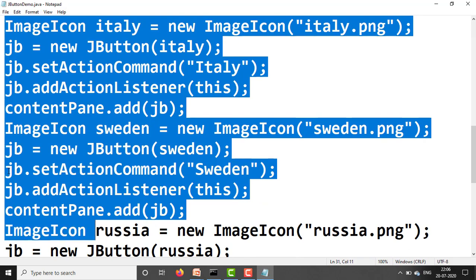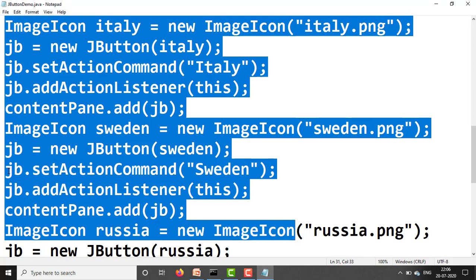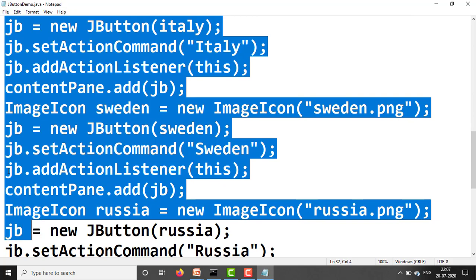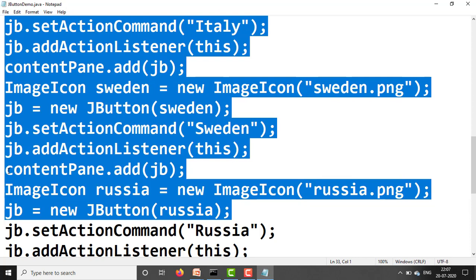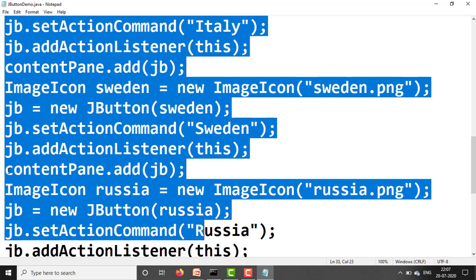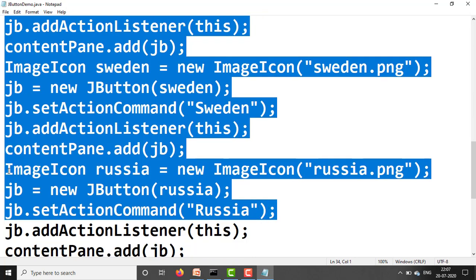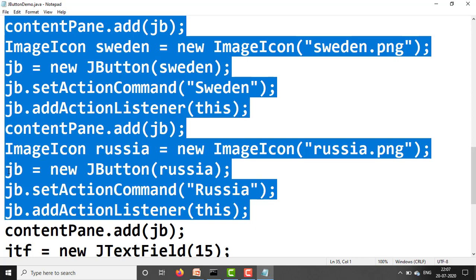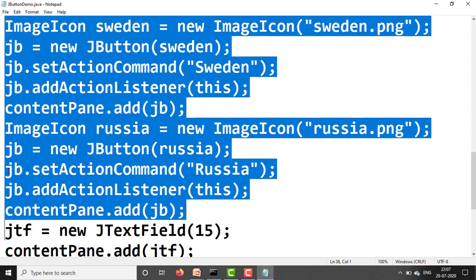Next, ImageIcon russia equal to new ImageIcon("russia.png"); JB equal to new JButton(russia); JB.setActionCommand("Russia"); next, JB.addActionListener(this), registration. After this, add this control to the window: contentPane.add(JB);